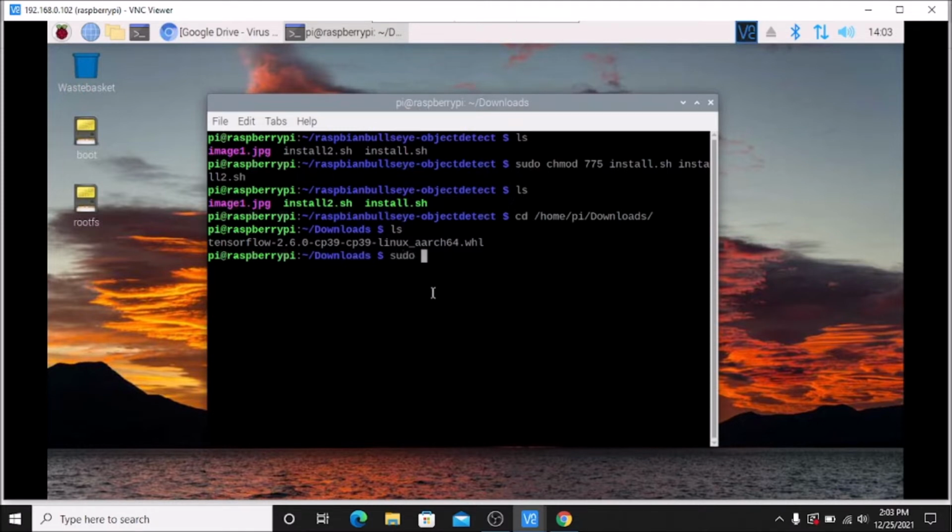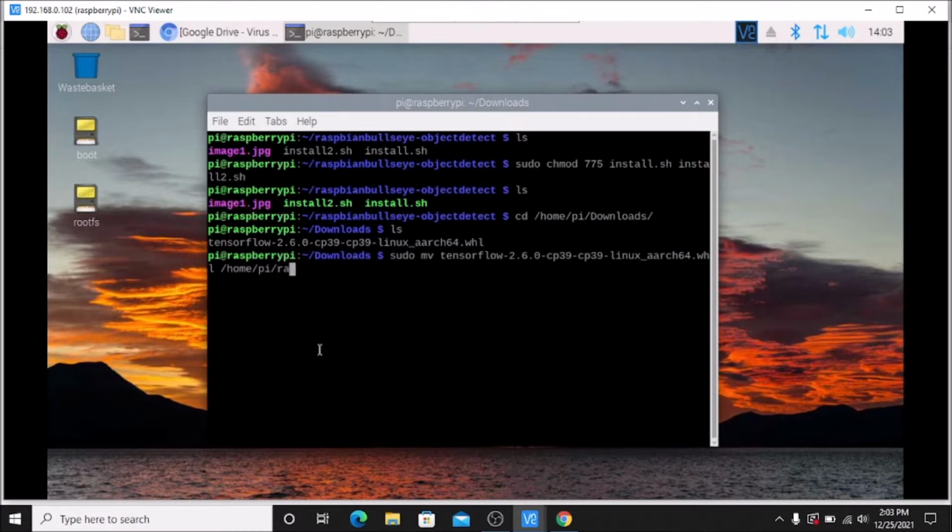We run the mv command: sudo mv, this is our package name, then where we want to move it, inside /home. I will explain it again: sudo space mv space, this is the package, then space /home/pi/ and this is our folder.